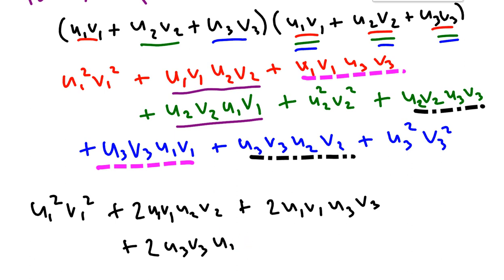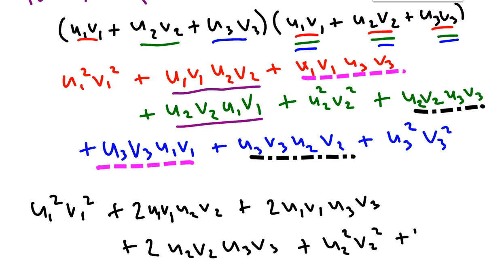I'm copying the same term over again. That's a mistake. This should be 2 u2 v2 u3 v3. And then finally you have plus a u2 squared v2 squared and plus a u3 squared